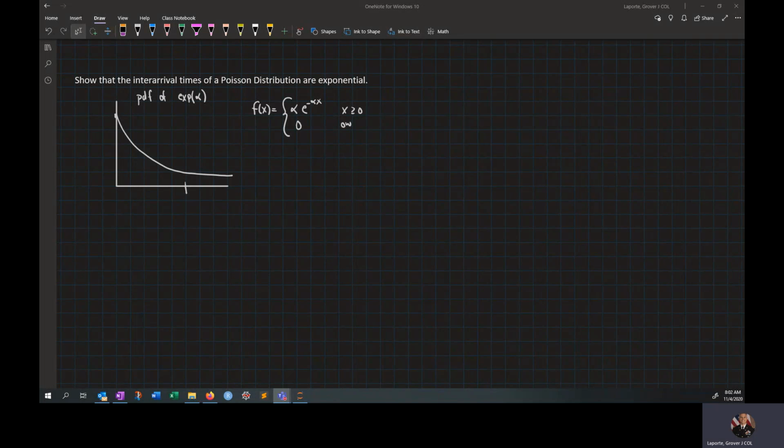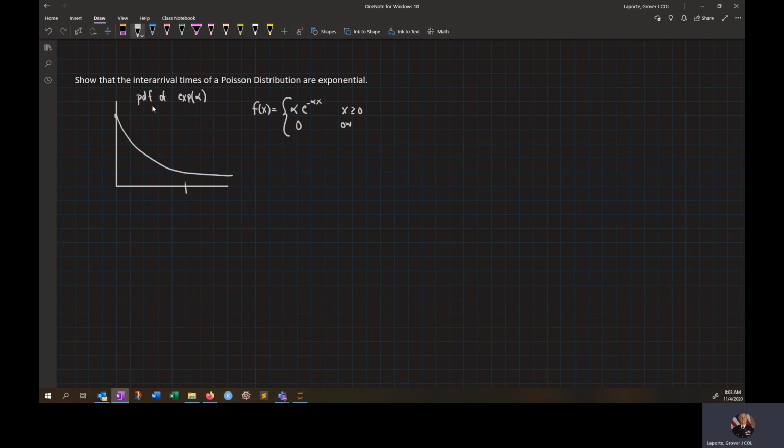Okay, so the next thing that we want to show is that the interarrival times of a Poisson distribution are exponential. Before we can start talking about what an exponential is, I at least want to cover, I guess, trying to explain an interarrival time being exponential. The first thing I want to talk about is what an exponential distribution is,